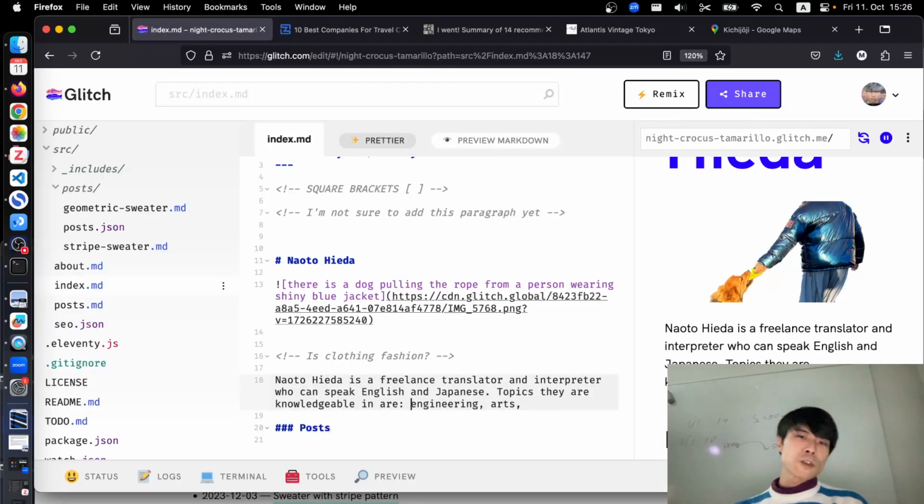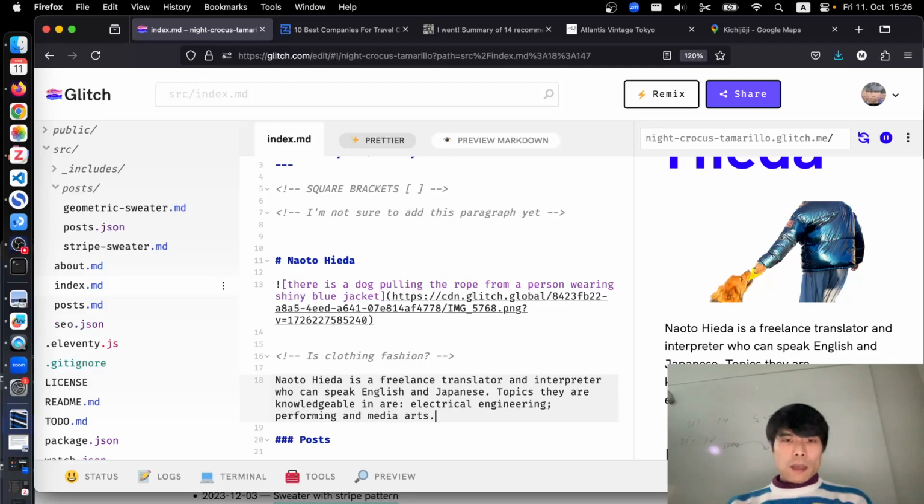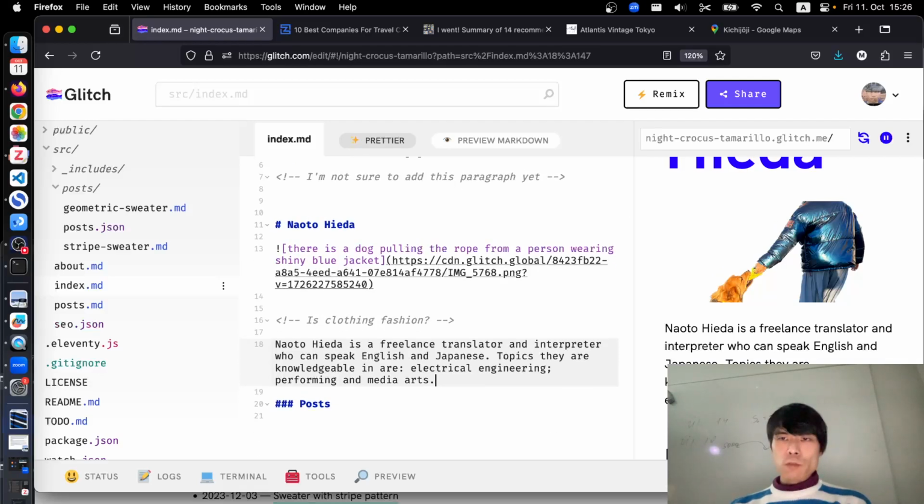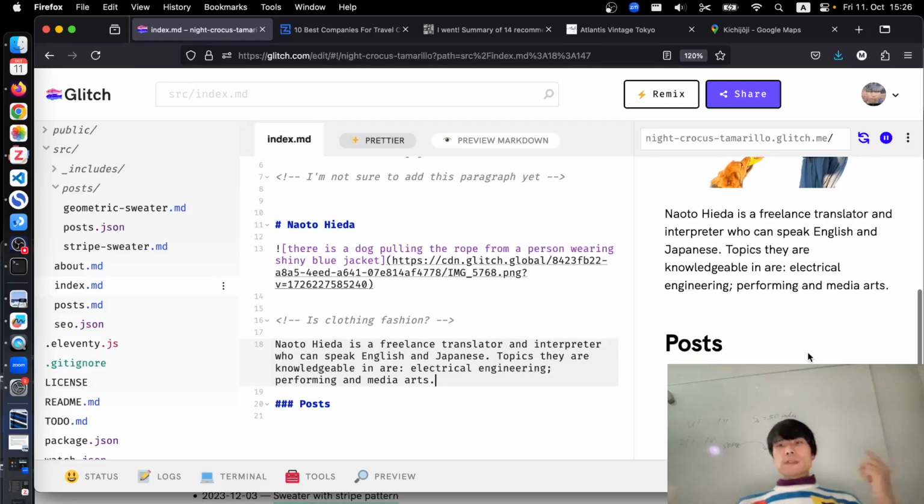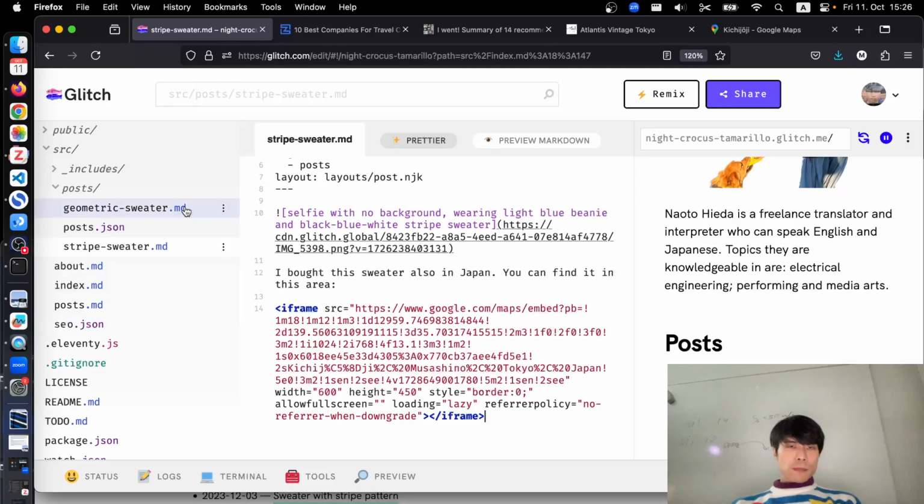I can also be a bit more specific, maybe performing arts, performing and media arts, I don't know. And of course, if I'm claiming this, these sweater things don't work, so I need to reframe this quite a lot. And